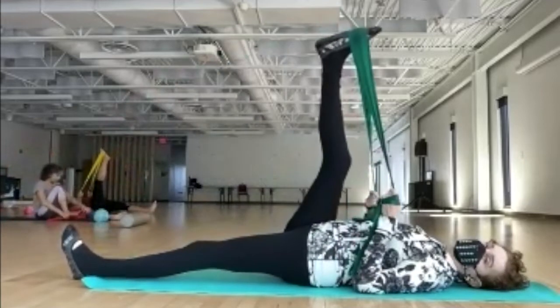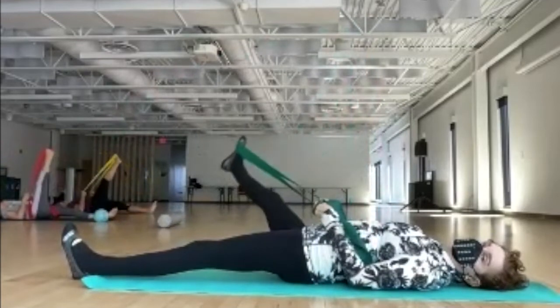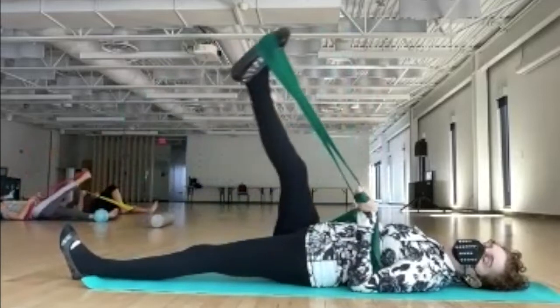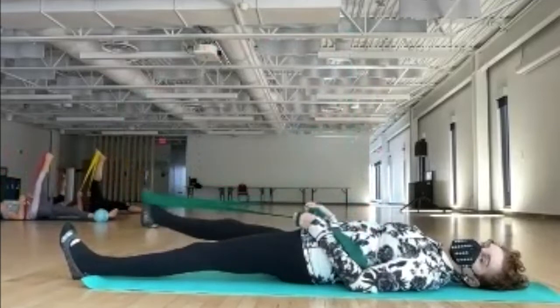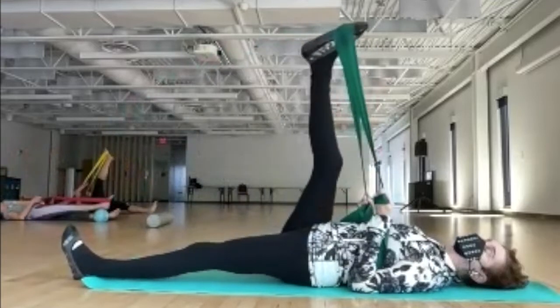Think about too how you're working your hands with this. Try to pivot from your elbow and let the wrist be straight. So sort of the forearm, the band, and the leg are all working in parallel lines. So stretch and keep lengthening the leg, but definitely press through the upper arms to keep your body grounded here